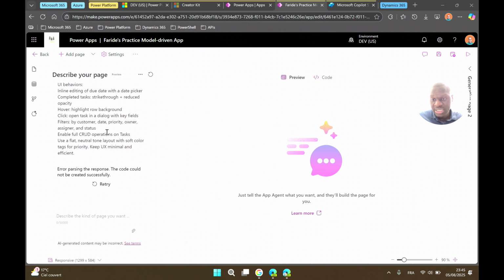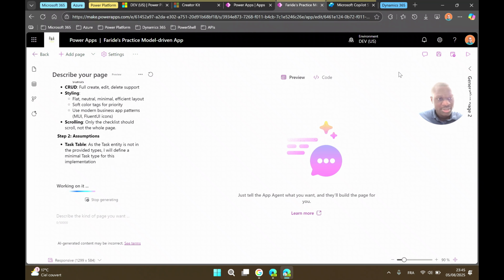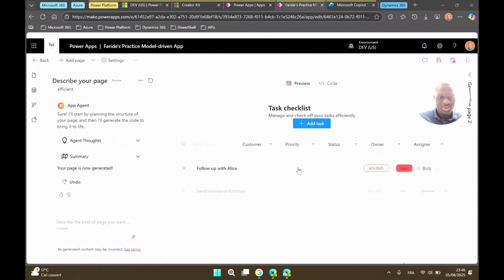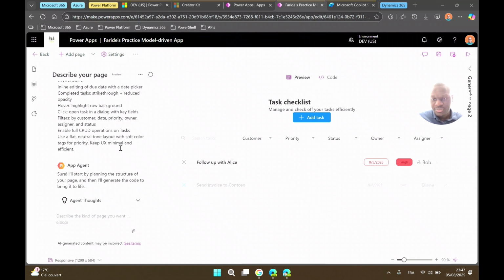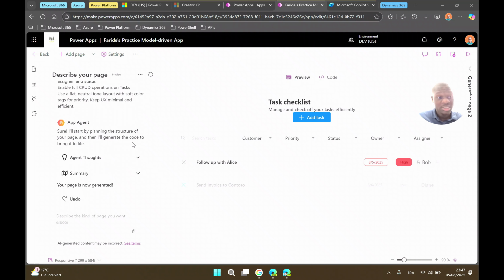So the way to design a clean, just retry again. Sorry. Successful. So the design is perfect. And so the agent finishes the task. As you see, there are already some examples, some sample task data, which was incorporated by the agent. So as you see, the app is generated as well.